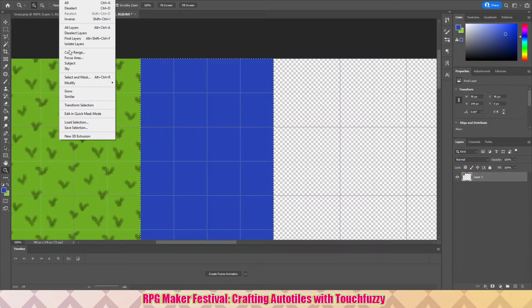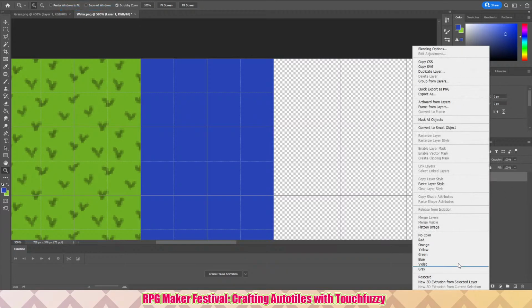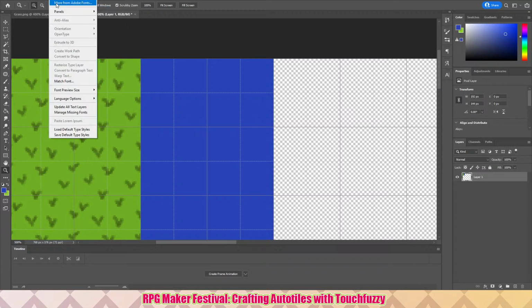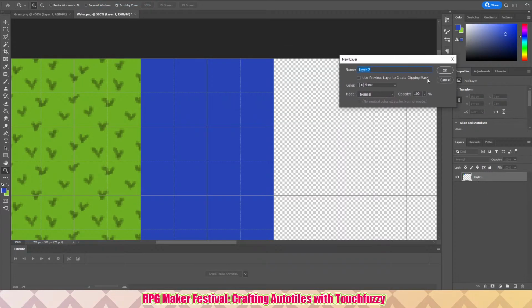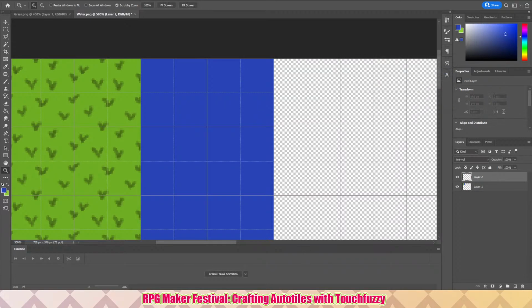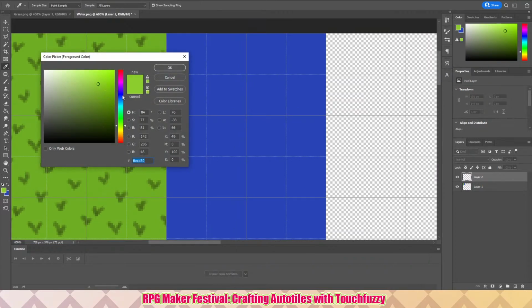I think I can do. Oh yeah, because I'm gonna be on a different layer. Select, deselect, and let's do a new layer. Layer, new. Stuff is popping up on my other monitor instead of this one. All right, now I'm going to make that the background color, and I'm going to make a lighter blue